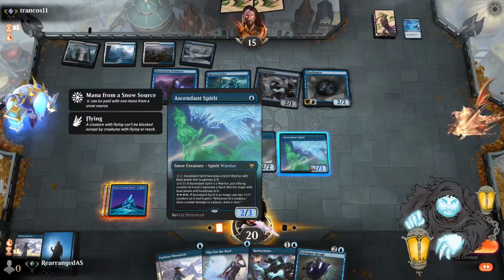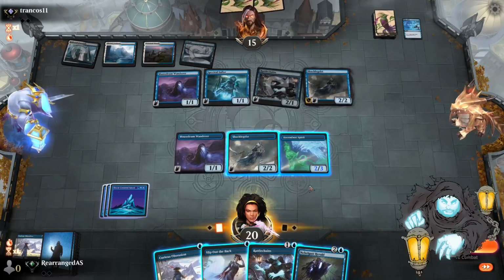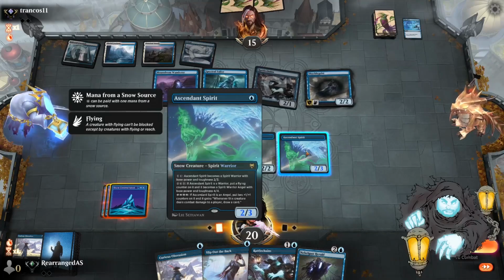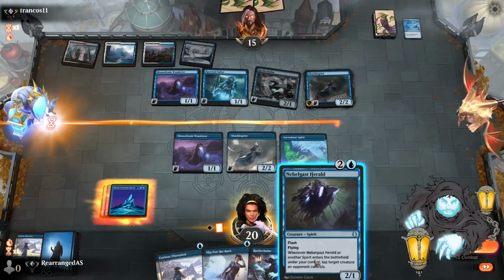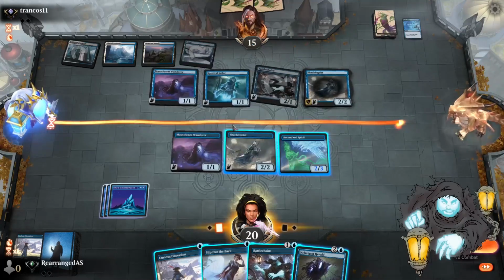I can attack with only Ascendant Spirits, and Shacklegeist can't block it as a non-flyer. And if they try to get cute with their blocks, then I can pump it up to a 4/4, and I win most combat, even though this started as a 2/3. I can hold up mana and try to Nebelgast Herald before they have the mana for something like a...